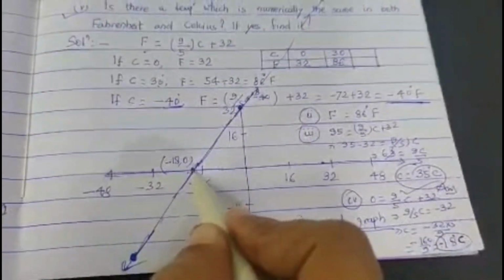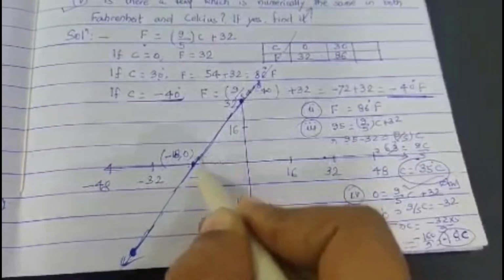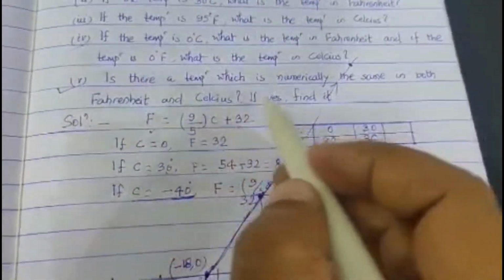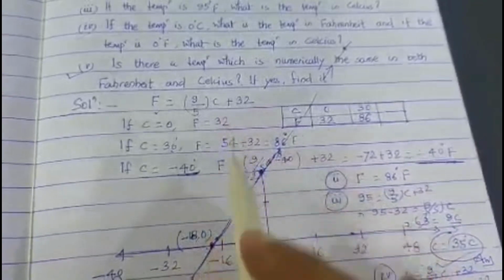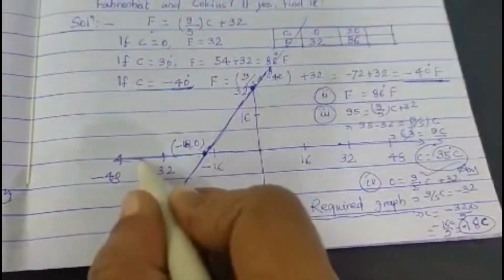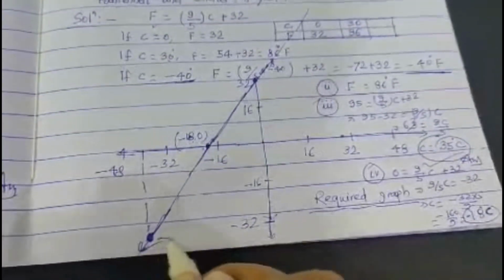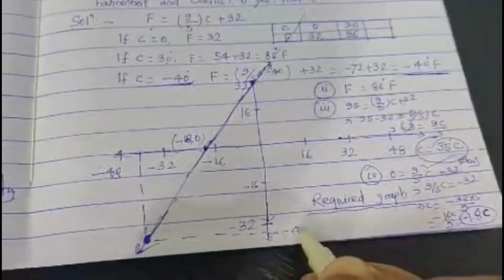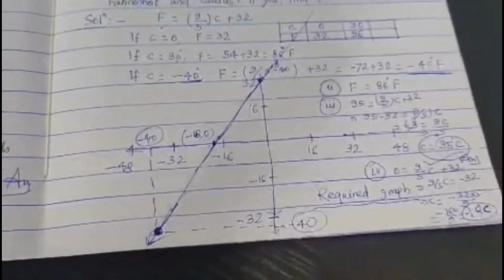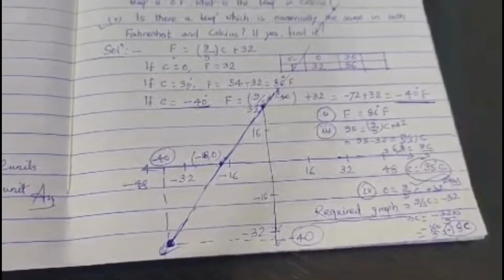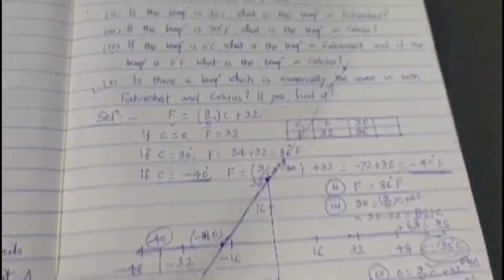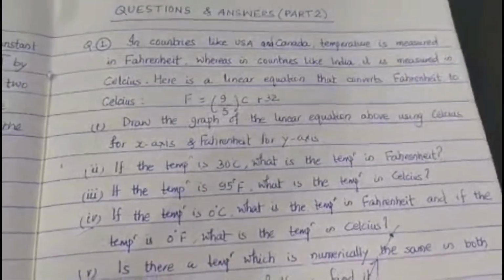You can see from the graph also, this is cutting at the same point, minus 18 and 0. All right, and the last one, there is a temperature, minus 40 degrees. Minus 40 is the numerical value at which Fahrenheit and Celsius are both equal. You can see from this graph, this point is minus 40 here and also minus 40 here. This is the point. So I hope all the questions have been answered. This is a very good question and it's in the NCERT textbook also. So you have to practice this question. It's a good question.